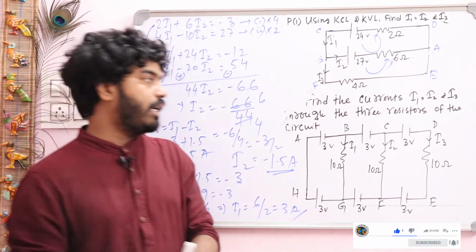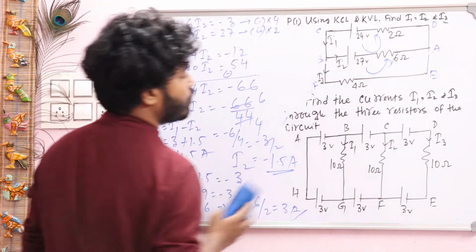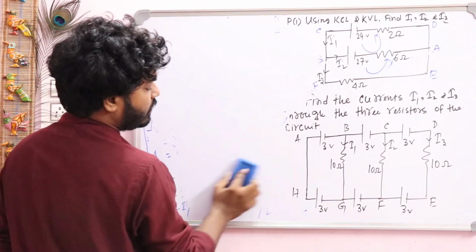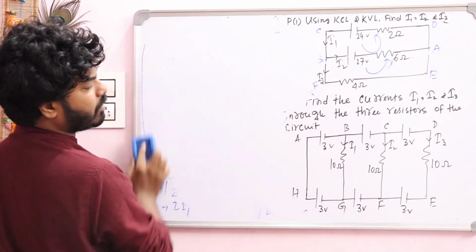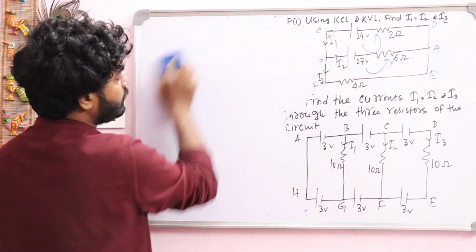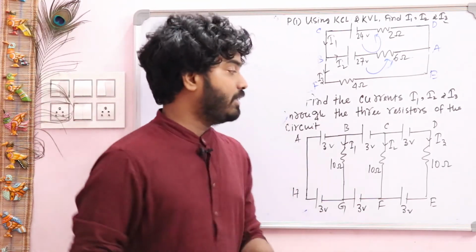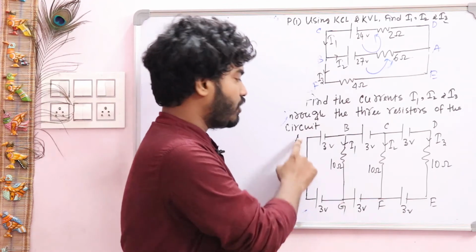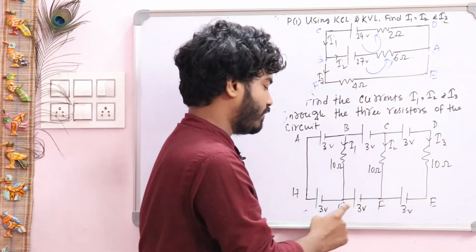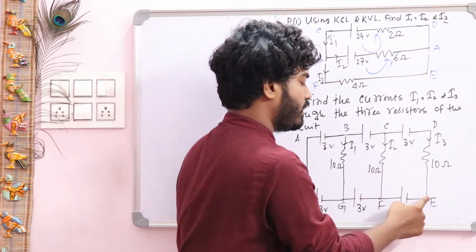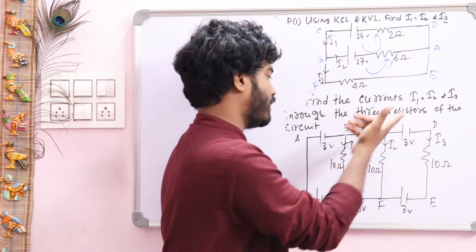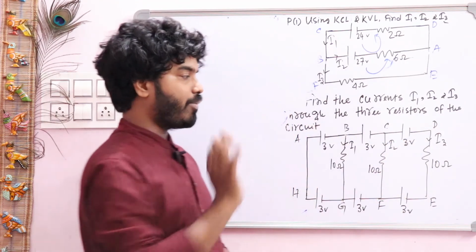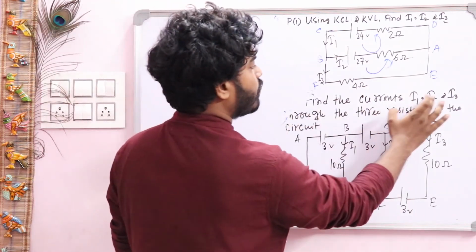This is our problem 2. Here you have to find out the value of current i1, i2 and i3 through the 3 resistors as shown in the figure given. And this problem is, I think, a JEE Mains problem, students, an important problem. You just think the basic logic behind it. Here there are 3 closed loops: H A B G H, A B C F G B, and C D E F C. Another one you can consider is A D E H A. Now you have to find out i1, i2 and i3.